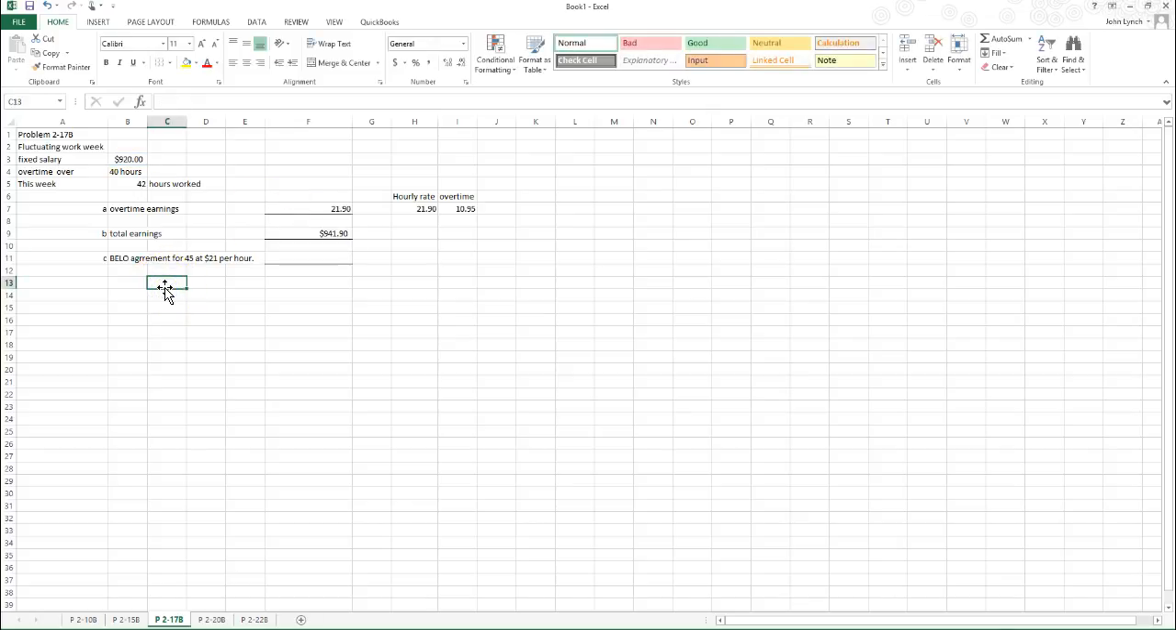Okay, for the bill of programs, we'd have the regular earnings. Now remember, they're guaranteed here the 45 hours. So it's the 45 hours times the $21 per hour, or $945. Now the overtime,